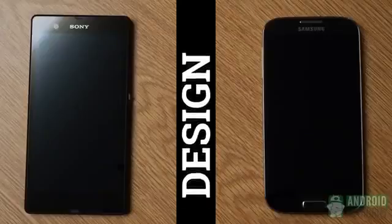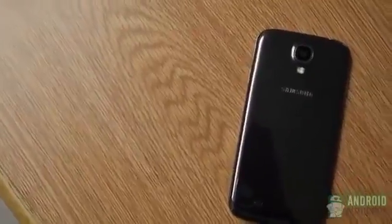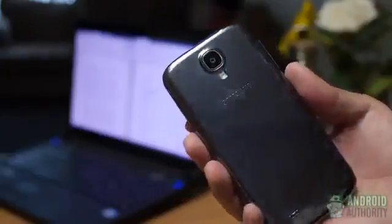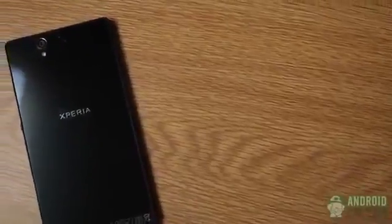From a quick glance, you see that both of these phones are quite different. Samsung's new flagship phone is all too familiar with a similar rounded look and the same button layout as the Galaxy S3. It is, however, one of the best handling 5-inch phones with its smaller bezel, thin profile, and light handling. Sony's flagship might be larger, heavier, and it requires a bit more hand gymnastics, but it is definitely a